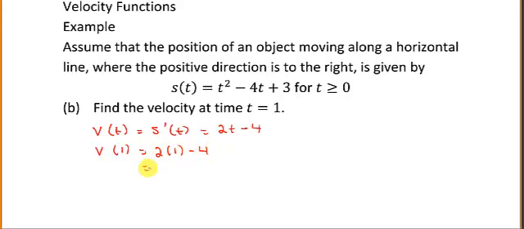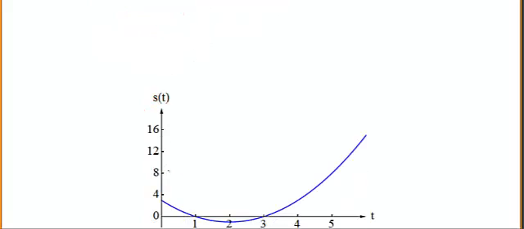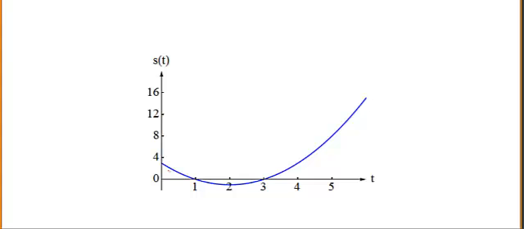And that would be, of course, -2. So the velocity is -2. Let's take a look at this. Here's the graph of the position function. At t is equal to 1, we are right here. The velocity is going to be the slope of this tangent line,